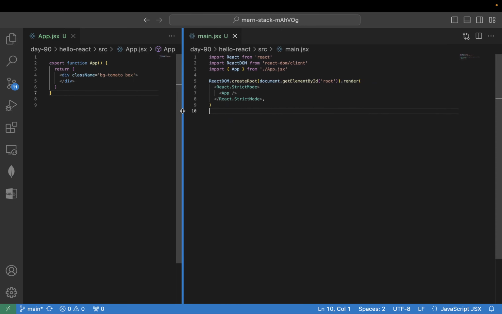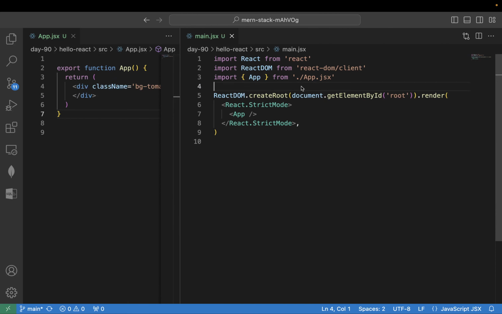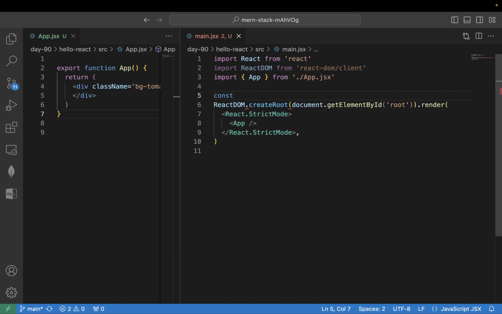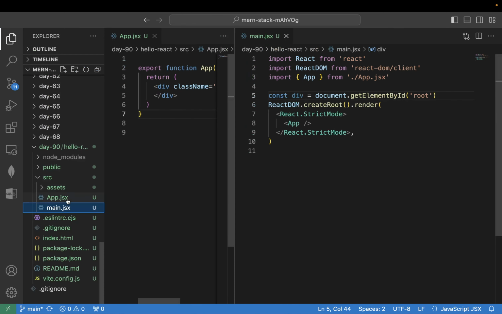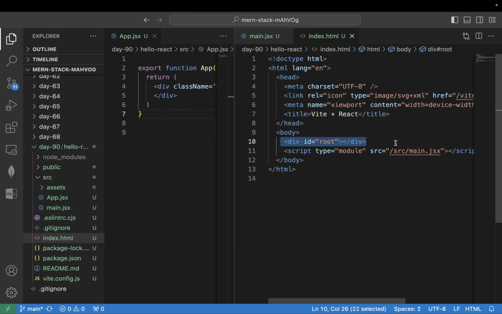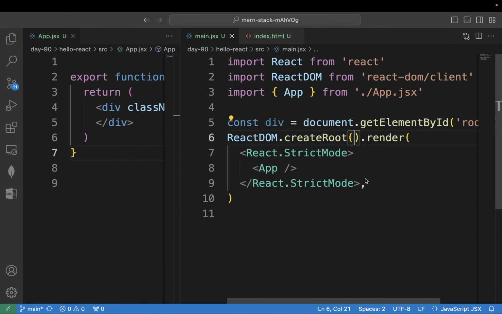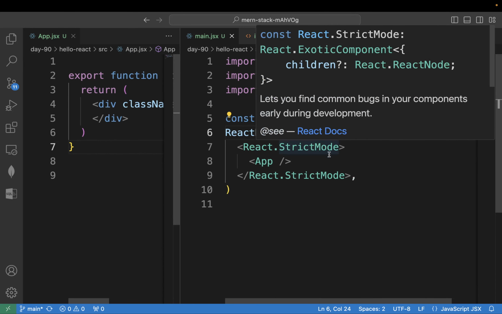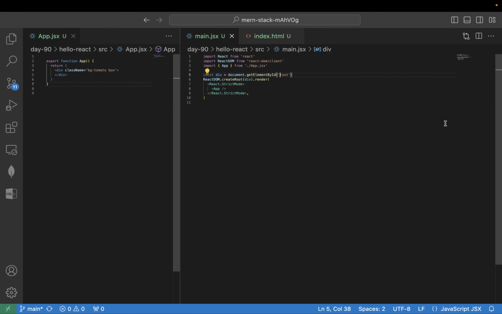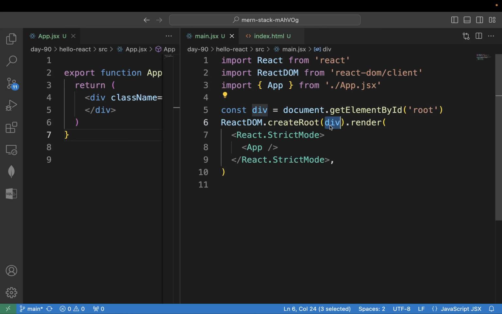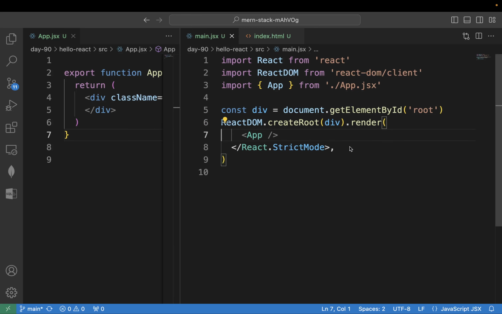So if you want to simplify this, you can say const div equals document.getElementById. There is one HTML. If you see here in the index.html, there is one div, and inside this div all the things are getting loaded. So you are importing that over here, div, and I'm saying create document.getElementById. You have got that over here. You have passed that div over here and render. Now what you are saying here,